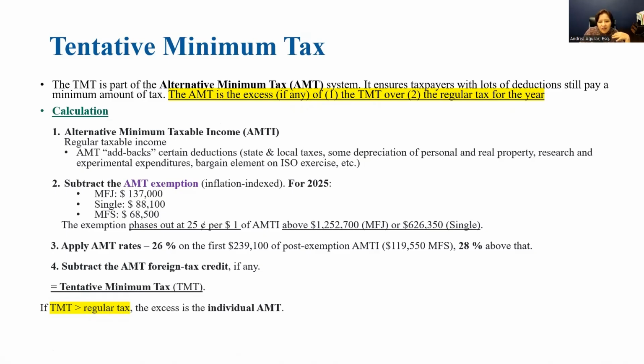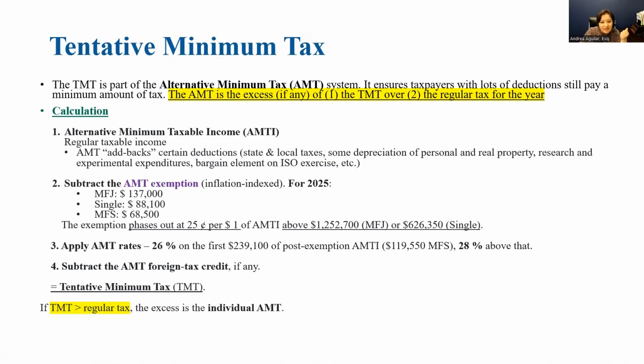So this is kind of a separate calculation that we're doing, a separate book to determine if there is something else that I would have to pay other than my taxes on my taxable income. Yes, the answer may be yes or no, depending on how much deductions you have claimed, okay? Okay, so then we start with your regular taxable income. We are bringing back all those deductions that I just mentioned, and then we are going to subtract an alternative